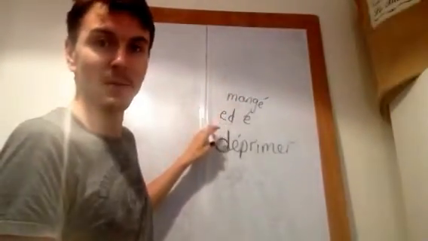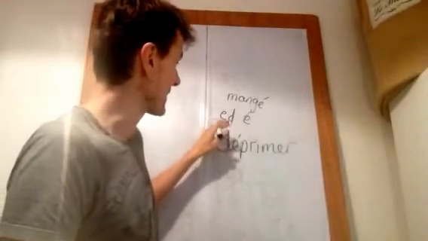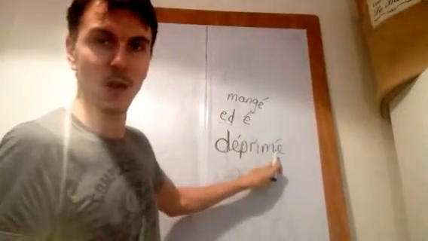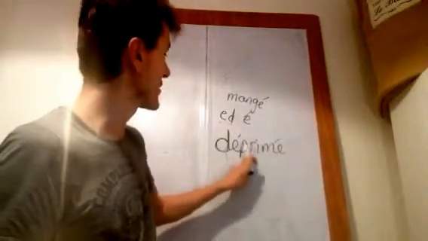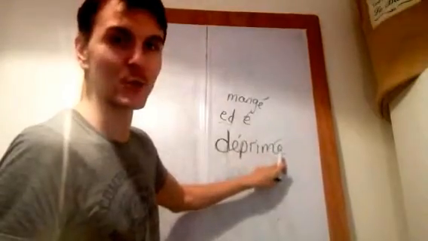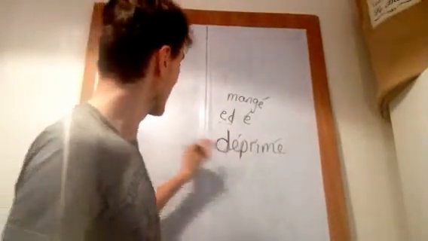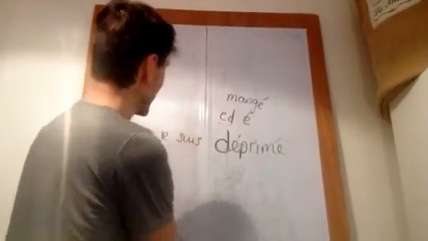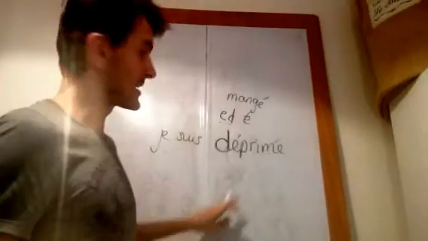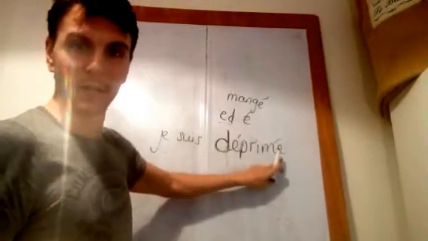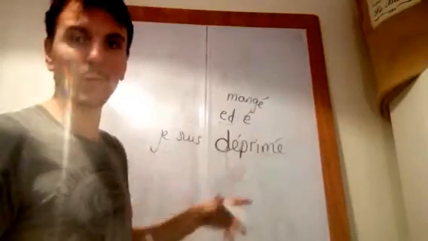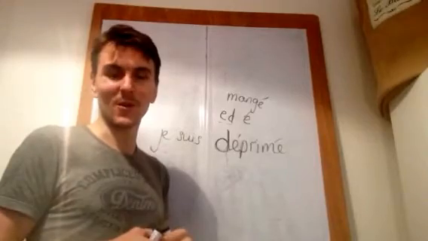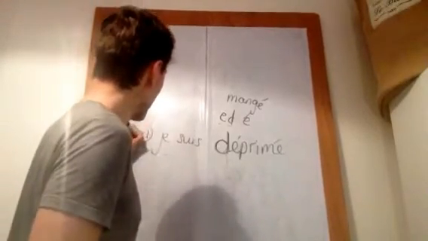So déprimer, depressed, would be déprimé. So I am depressed would have an accent on it like that. Je suis déprimé. Notice there's an é. Je suis déprimé. I am depressed. Obviously you could have an extra e on the end if you were a girl, or you could have an extra s if you were plural. So the word is déprimé, je suis déprimé. But things go on a journey from there. So that would be method one.